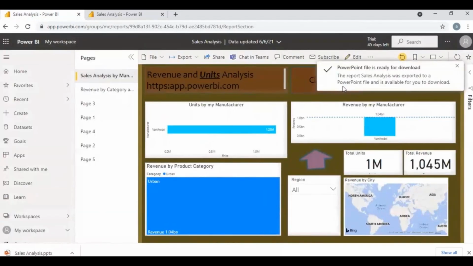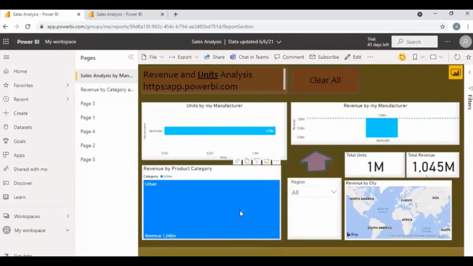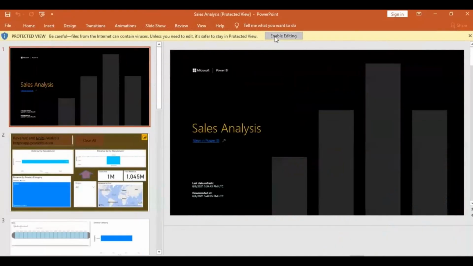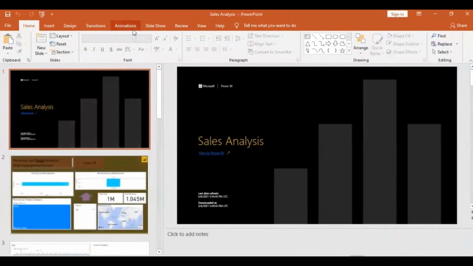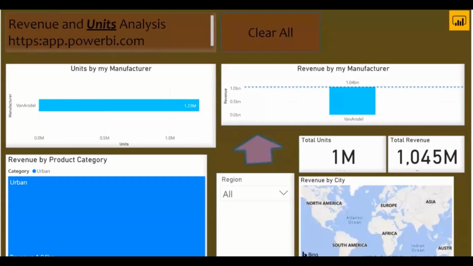Meanwhile, it has exported the report into PowerPoint. So let's have a look. If I open up this report in PowerPoint, I just want to wait for a moment, it's opening up. We'll have screenshots of all the pages. And yeah, it has been opened up. Now you can see a beautiful slideshow has been created automatically. The name of the report is sales analysis, and there are screenshots of each and every page, page by page. First page screenshot: